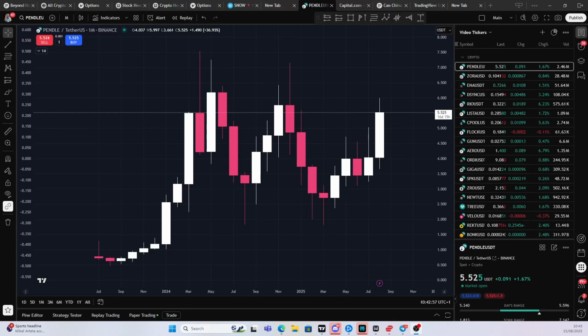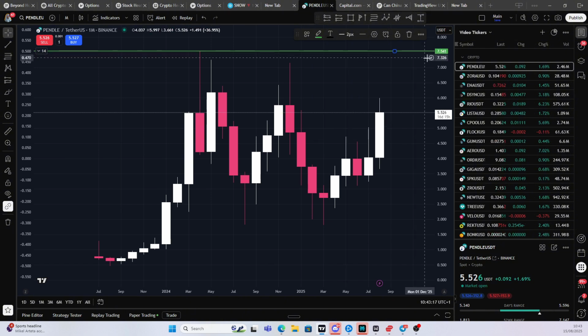So here we have a token called Pendle. Now, looking at this chart, we can chart out the levels and see where we can trade this and where we can potentially make some money on it. So as usual, we start with putting a line up here, a green line, to signify